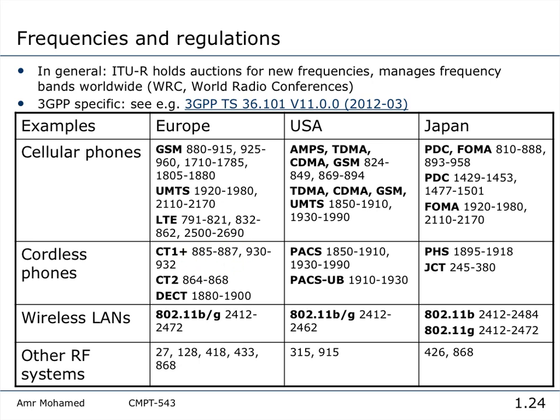Again, it affects the antenna size. It affects this and that, which is similar. Cordless phones still use small antenna size and things like that. But again, we don't need to have handoff. We don't need to have very, very long range and so on. Wireless LANs, of course, the